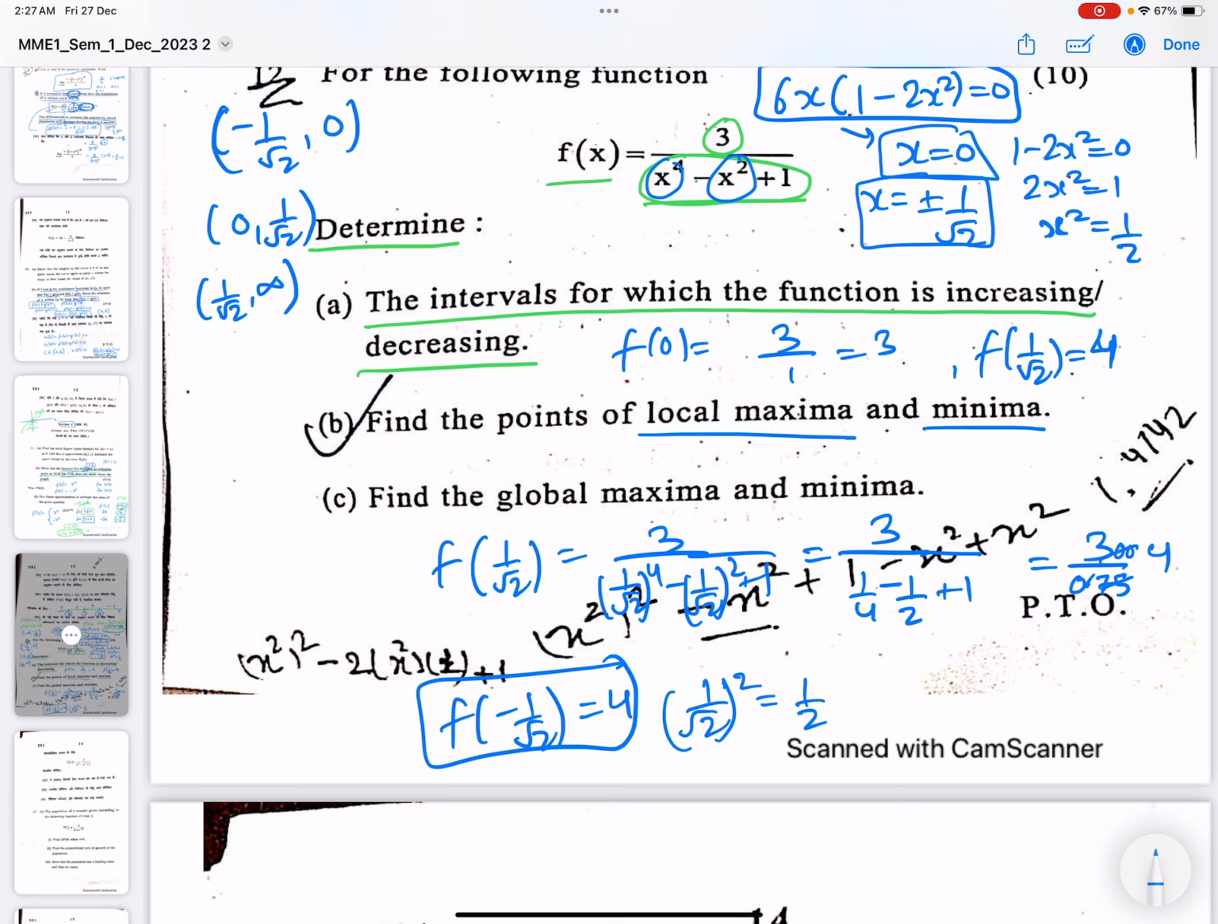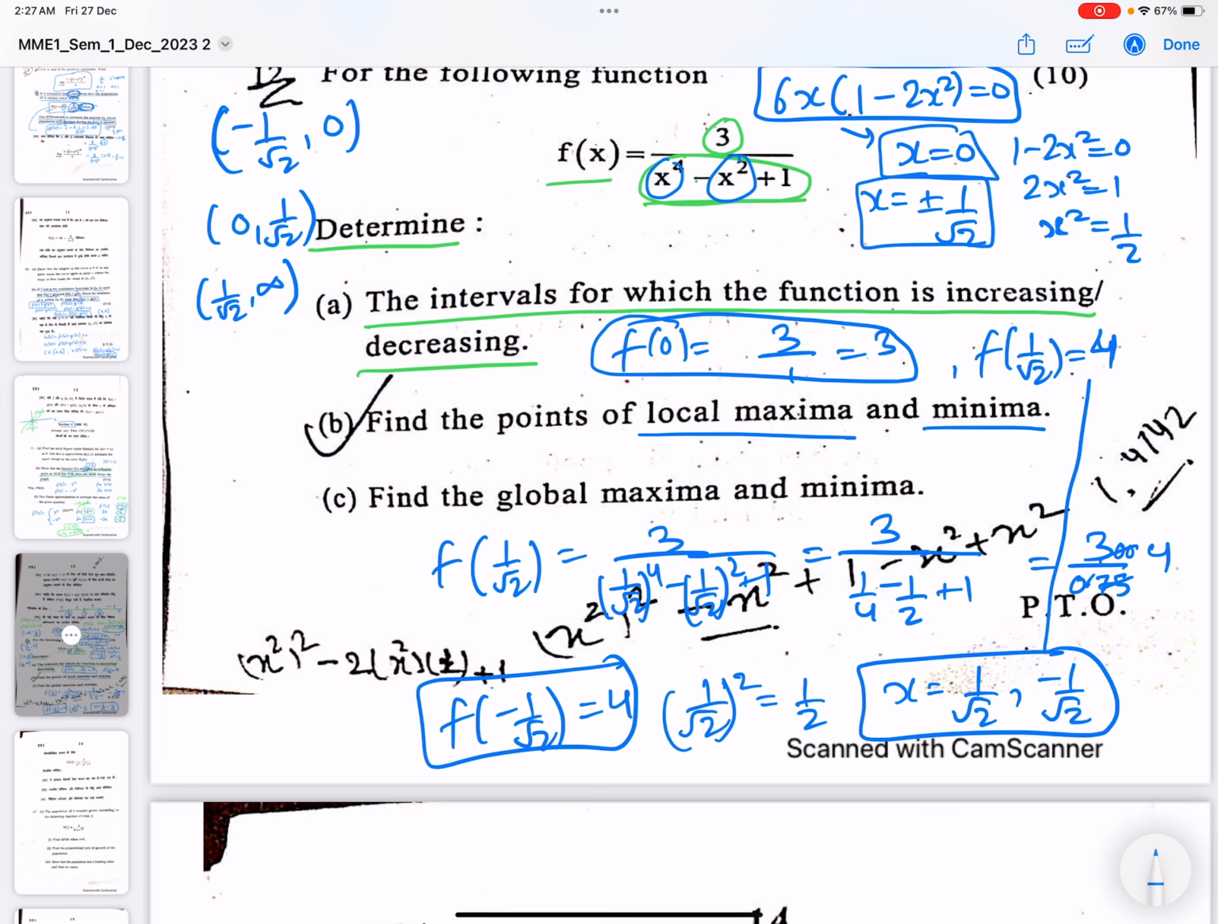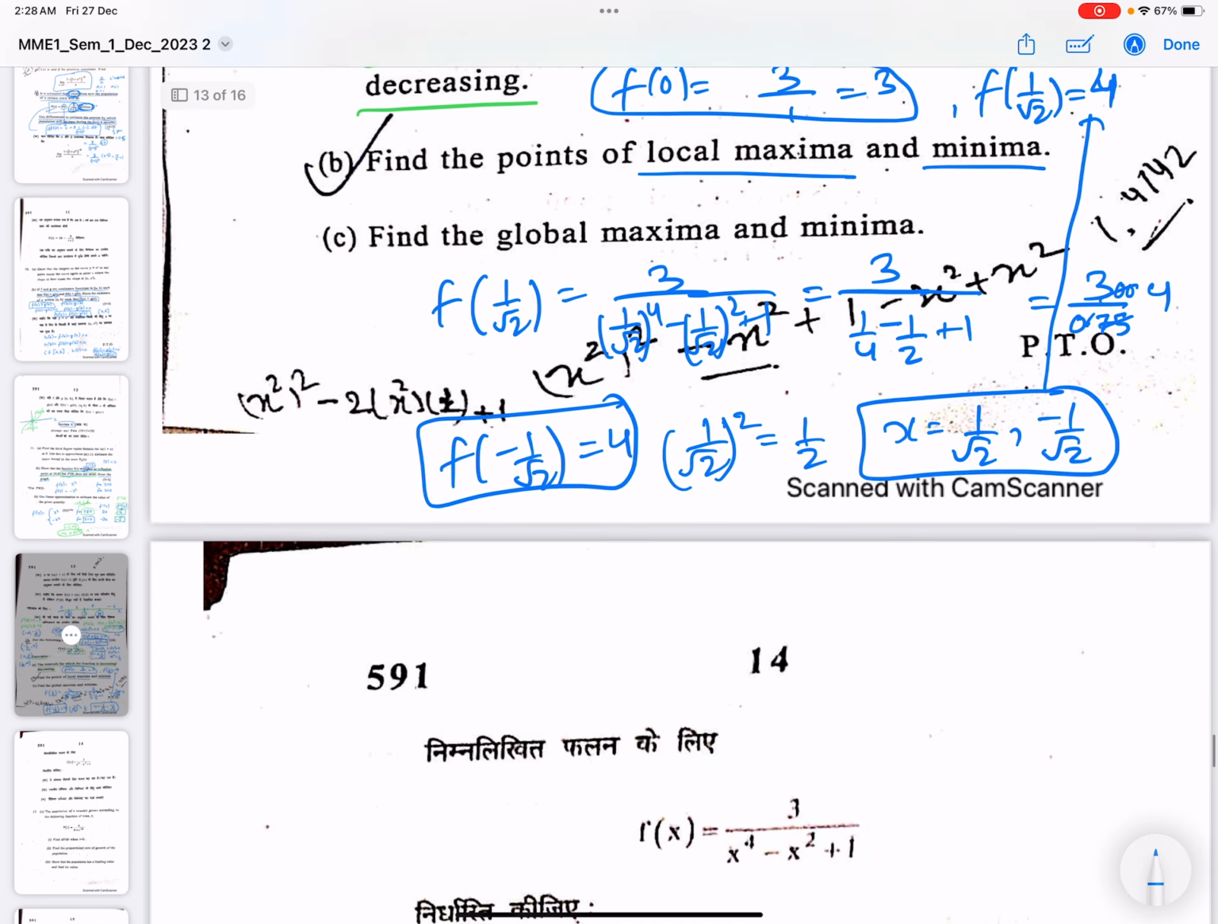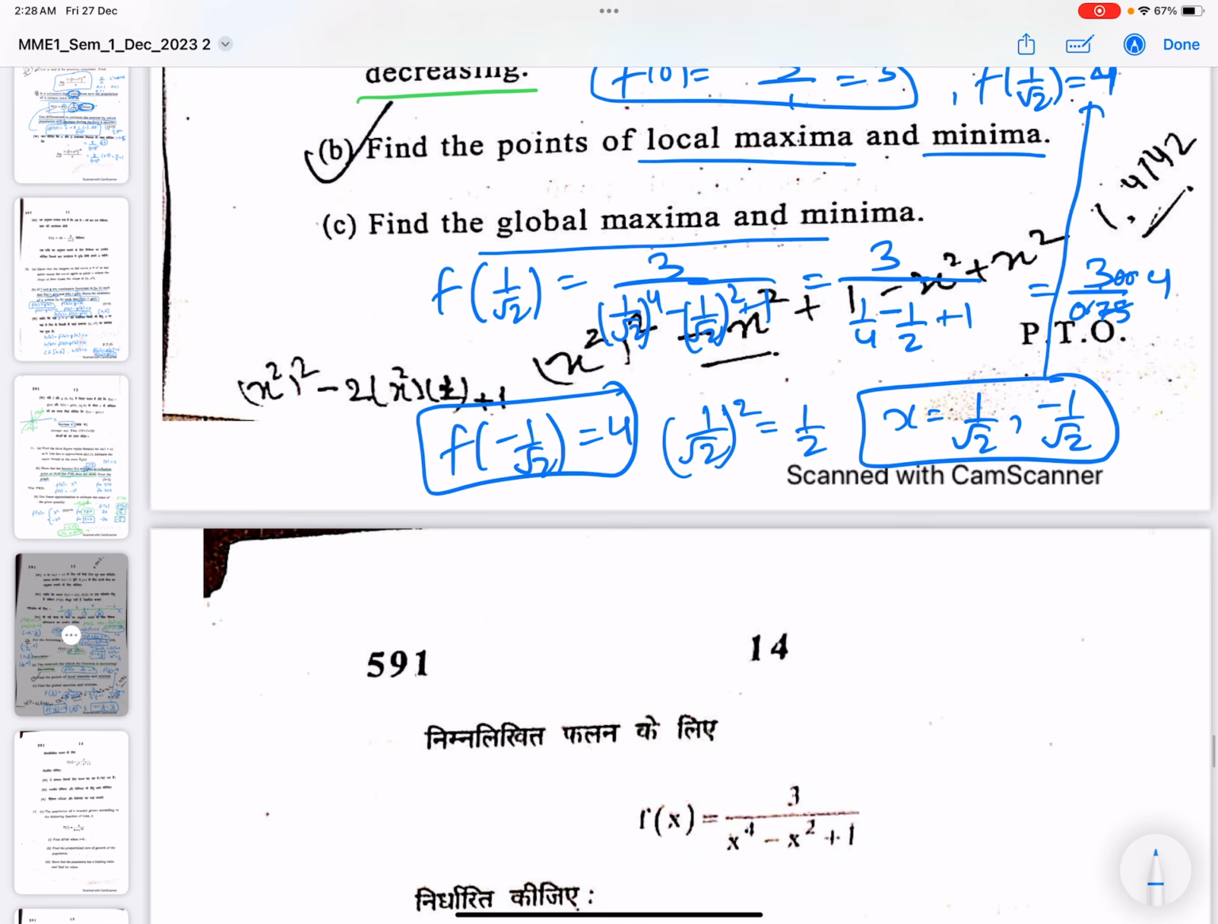So what we can say is at 0 we are having a local minima, and when x equals 1 by root 2 and when x equals minus 1 by root 2 we are having a maximum value, a local maxima, which is coming out to be 4. Now if we want to talk about the global maxima and minima, then